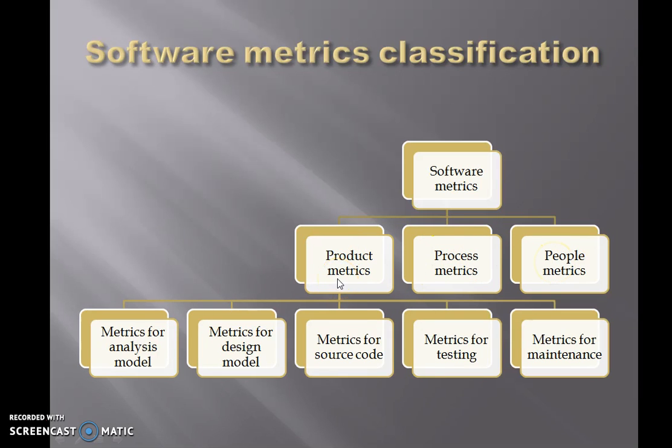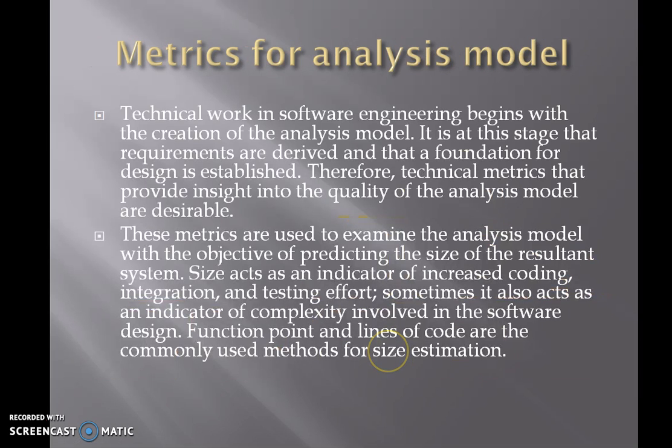What are product metrics? Product software metrics are those used to build artifacts of a software system. A product metric describes the characteristics of the product such as size, complexity, design, features, performance, and quality level. There are various metrics formulated for the product in the development process. Some of those are metrics for analysis model, metrics for design model, metrics for source code, metrics for testing, and metrics for maintenance.